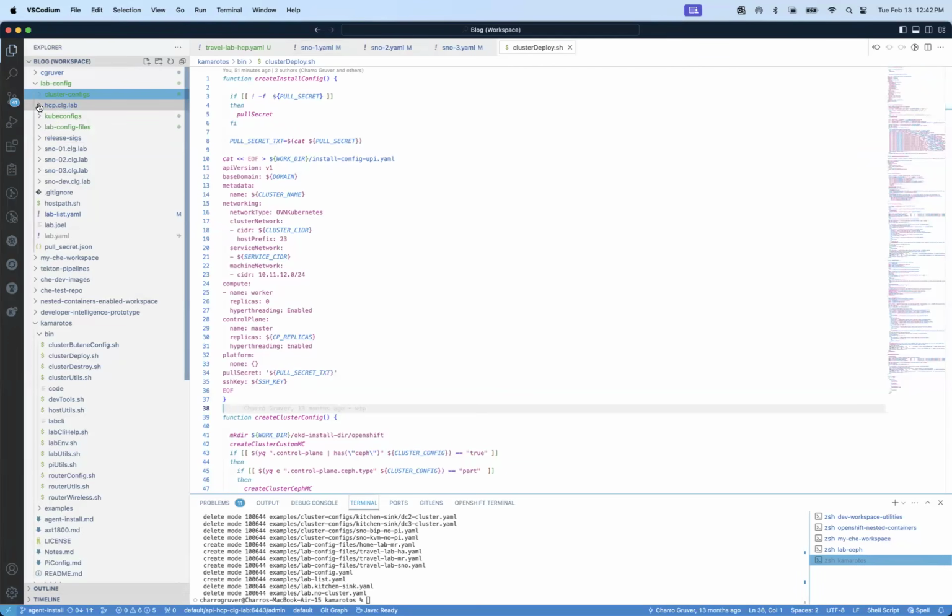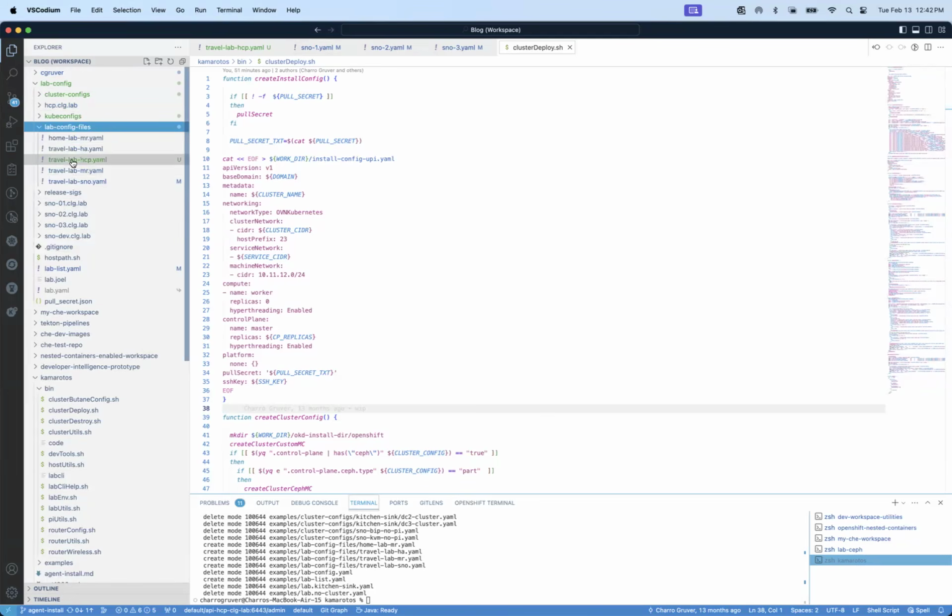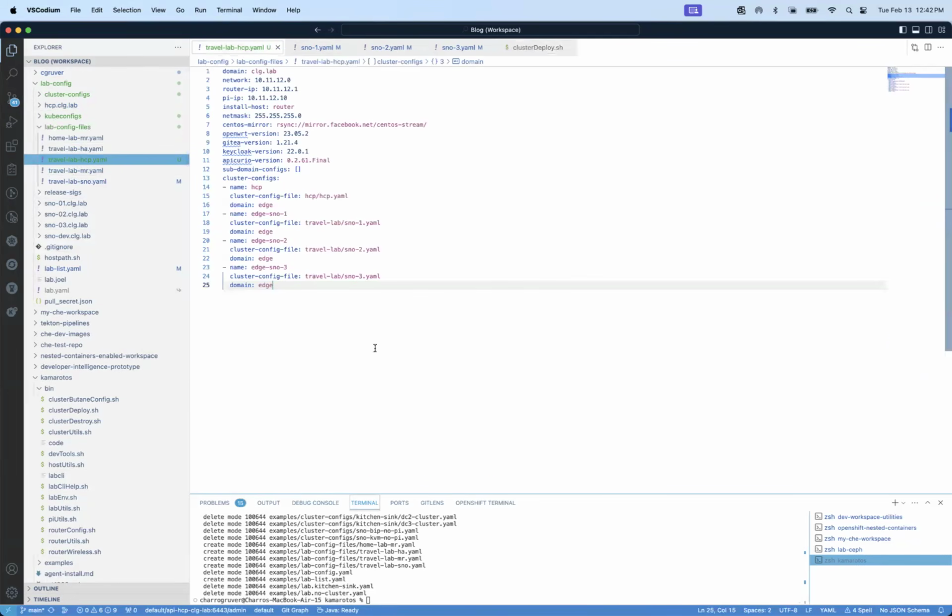All right, so the configuration is declarative. The top level of my configuration is a lab configuration file. And I've built all of this off of the YAML paradigm, sticking with how Kubernetes itself is configured. So I built all of this to consume YAML files to give things their configuration. So within my top level configuration is where I define the highest level things that are consistent across the entire lab, like the install host, if the files for the installation are going to be located on the router or